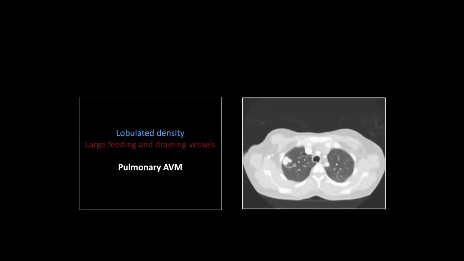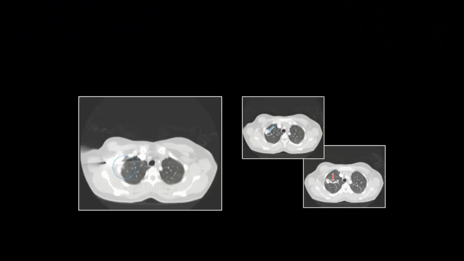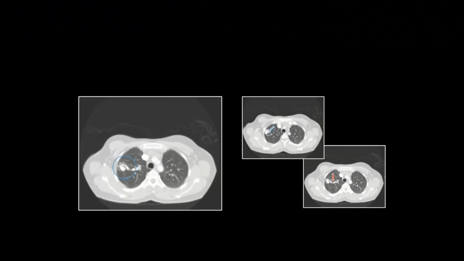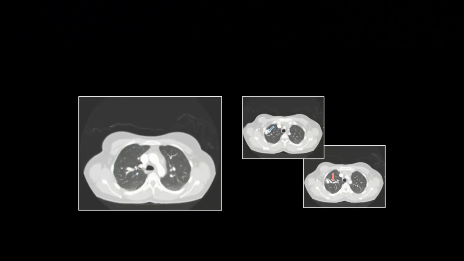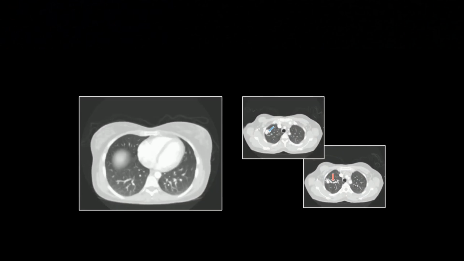All right, this one's pretty straightforward. This is a 100-pointer in my board review Jeopardy game. But a lobulated density like that should already have you thinking that this is a pulmonary AVM. And in this case, we've got a couple of large feeding and draining vessels. So it really makes the diagnosis. One of those, the top one is coming from the pulmonary artery, and that lower one goes into a pulmonary